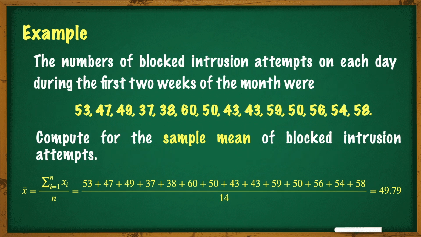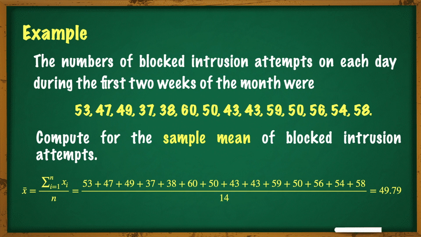Another example is the numbers of block intrusion attempts on each day during the first 2 weeks of the month, which were recorded as follows. Compute for the sample mean of the block intrusion attempts. To solve this, note that this is a sample data, so we are going to use the computing formula for the sample mean. Adding all the numbers of block intrusion attempts divided by the total number of observations, which is 14, then we get